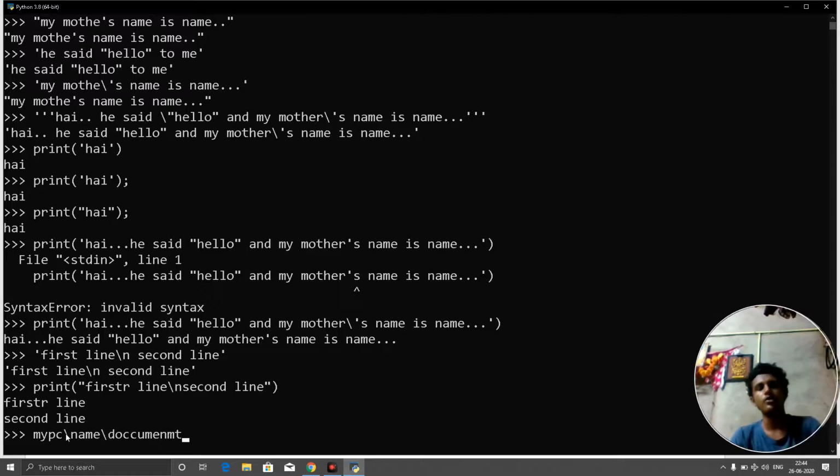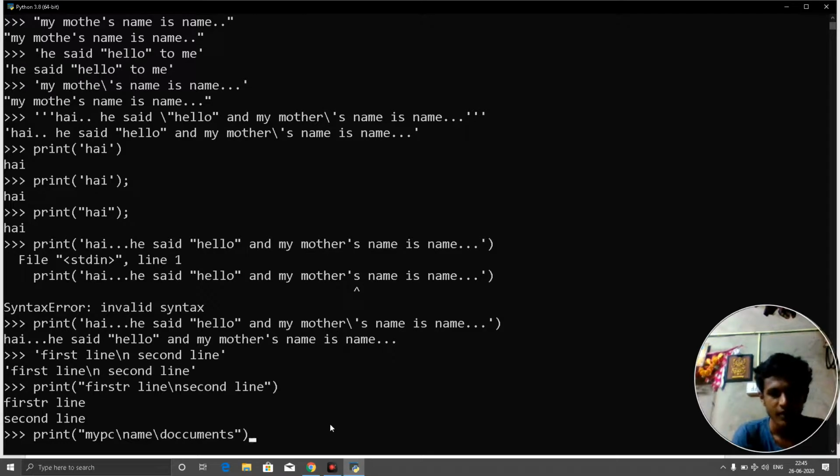I want the output like this. So if I want the output like this, I will try with print my PC slash name slash documents. This I want to print.